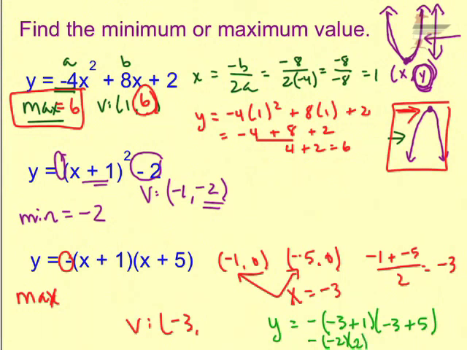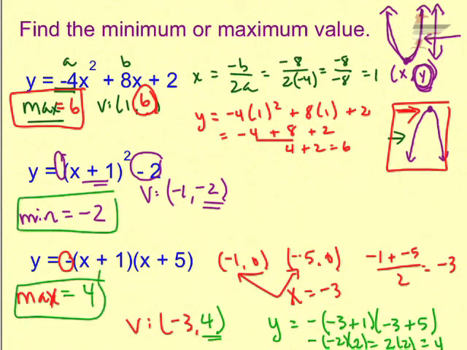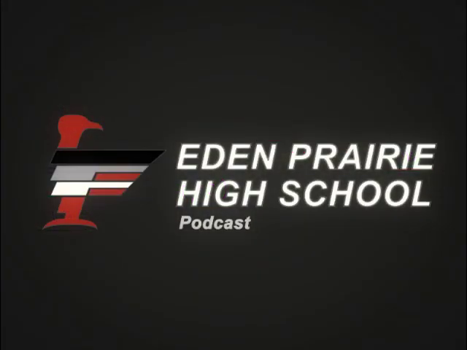So the negative 2 becomes positive 2 times 2, which is 4. So our y value was a 4. That's the one we care about. So our maximum value for this intercept form equation is 4. And that's how we find the minimum and maximum value for all three forms of these quadratic